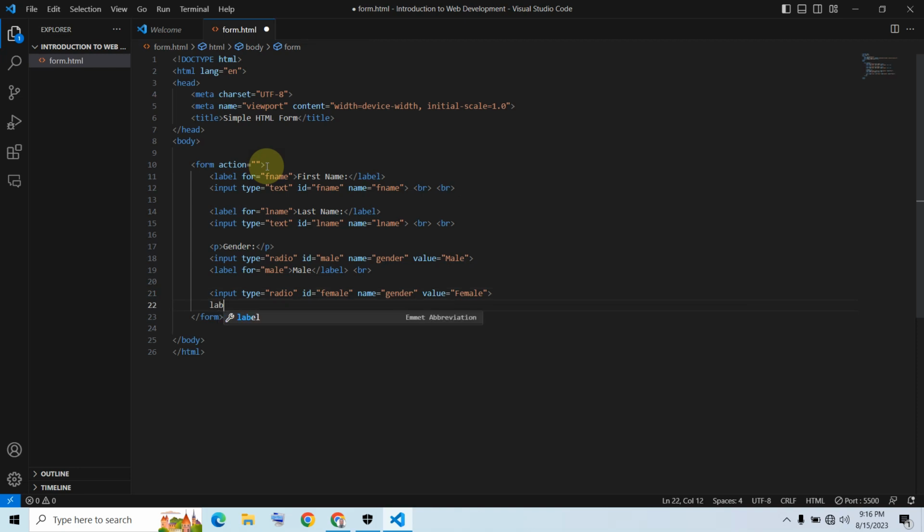So now I'm going to have the label. The label is going to hold the text that will be displayed to the user, so they will know what value they are selecting. So right here I'm going to have the female. Then I'm going to have the line break. Then I'm going to have